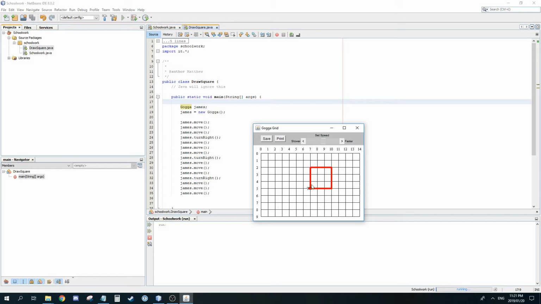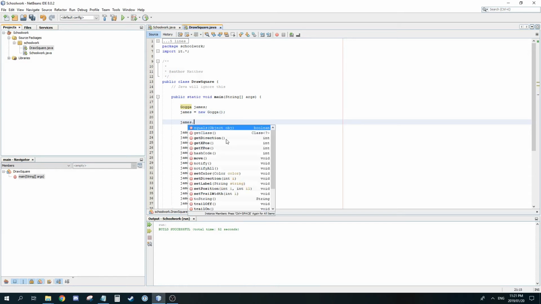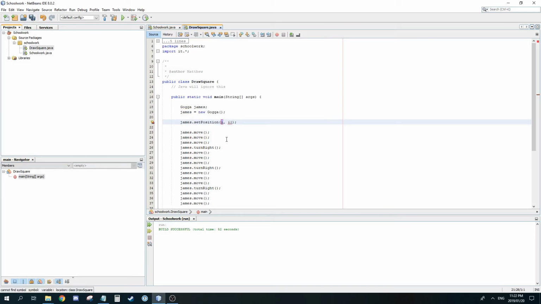Now, if you're doing that and we're starting over here, you're going to have a problem because you're definitely going to run out of space, especially if you're trying to draw two letters, unless you make them really tiny. So I'm going to show you a new command that you can have. So over here, what I could do is I could say James.set position, open bracket, and then this is the first method that we're actually going to put something inside the brackets. And what I can do over here is I can type 1,